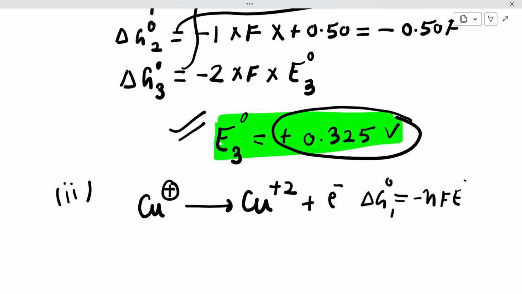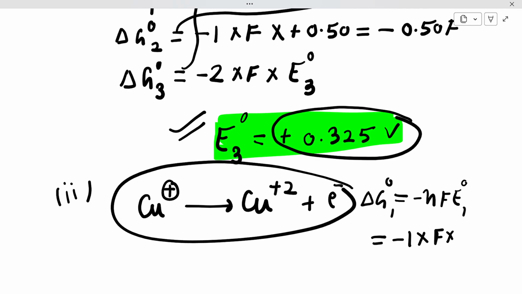Hence here delta G naught 1 will be equal to minus nFE naught 1. So it will be equal to minus n, where the value of n is 1, and F is the Faraday constant, 96500, and E1,